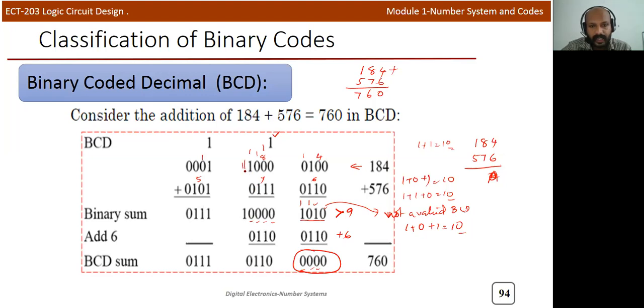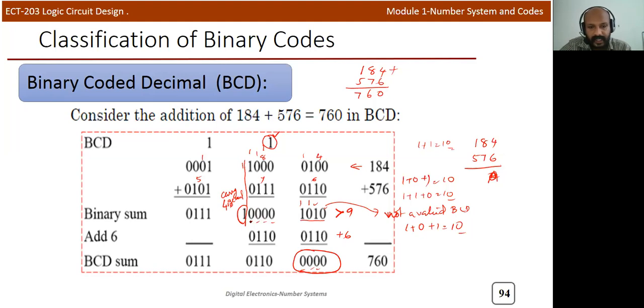So here you can see that up to this point we completed the 4 bit addition. This extra one is a carry at the 4th bit. Please remember this carry is entirely different. After adding the 6, the carry is generated; now without adding the 6, there is a carry.